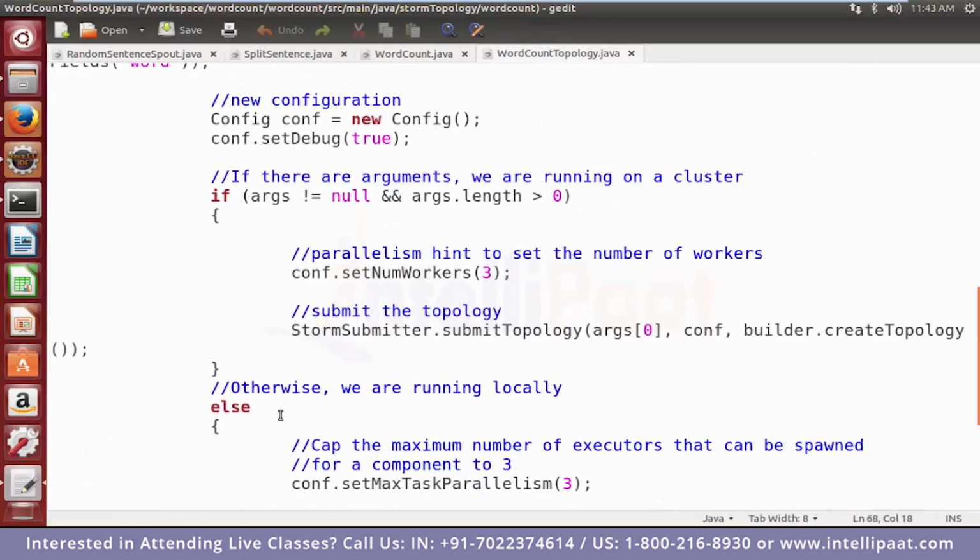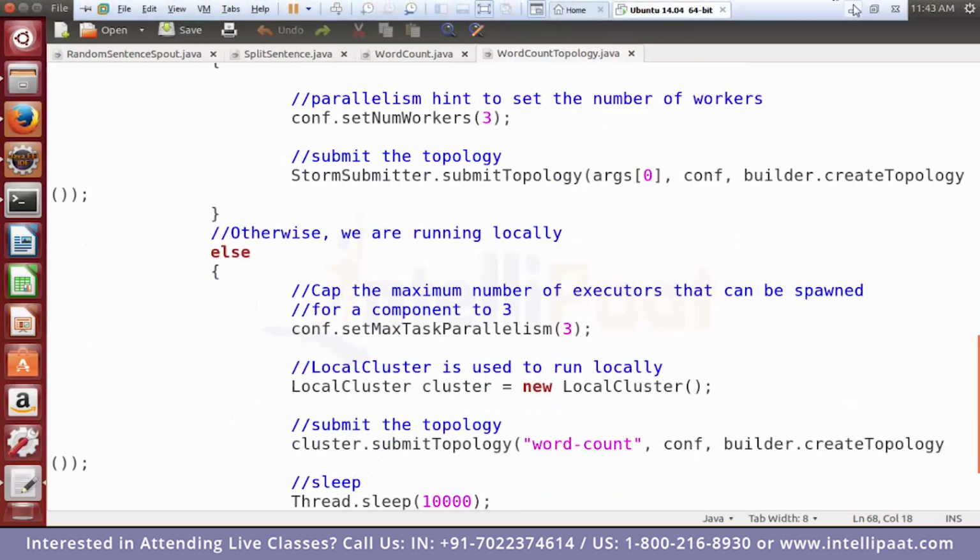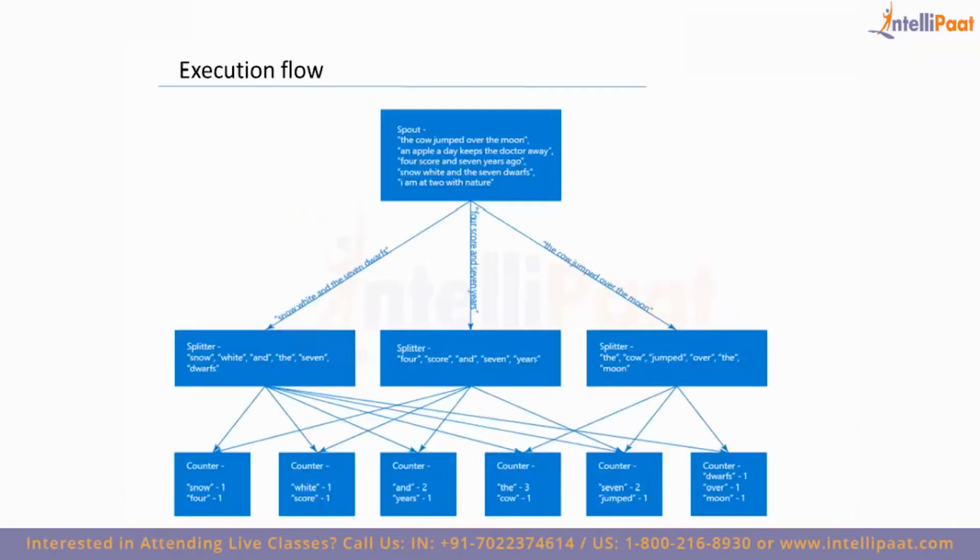Alright, so let me show you a diagram before we go ahead and execute the complete flow. This is the diagram which discusses the complete flow. I have a spout, as shown in the figure, which has 5 different records: the cow jumped over the moon, an apple a day keeps the doctor away, four score and seven years ago, Snow White and the seven dwarfs, I am at two with nature. Now the input